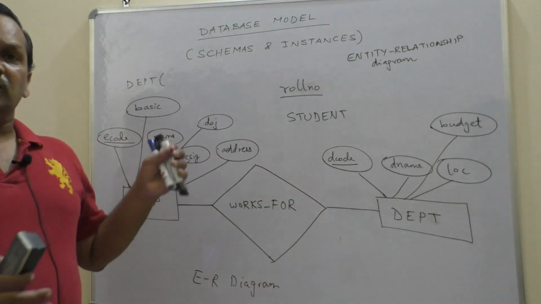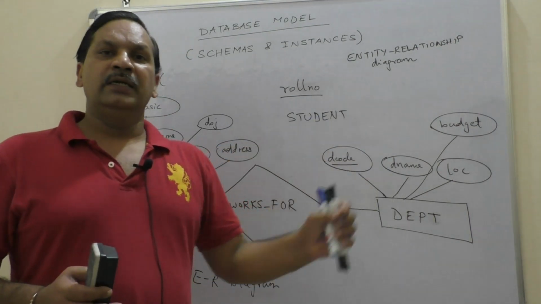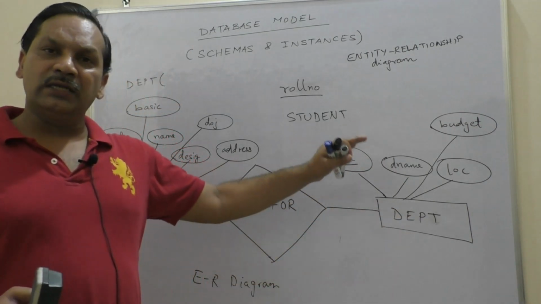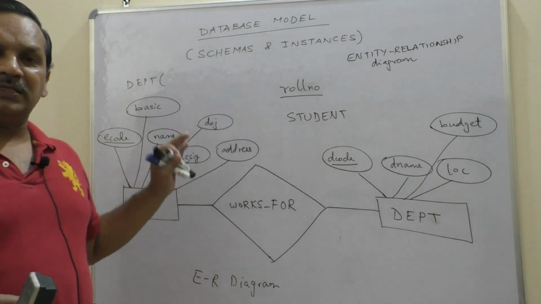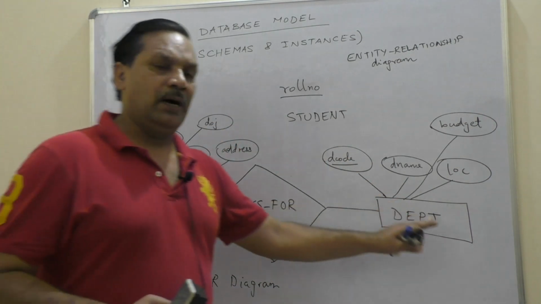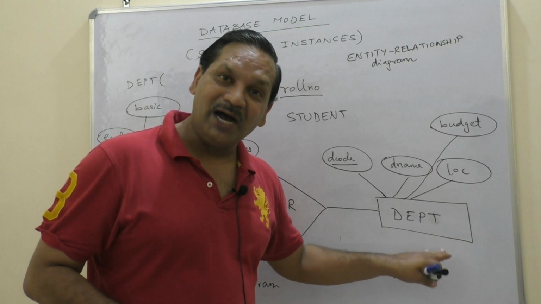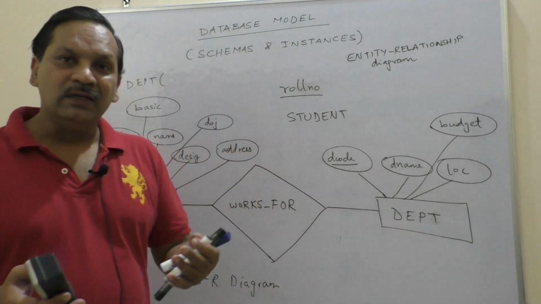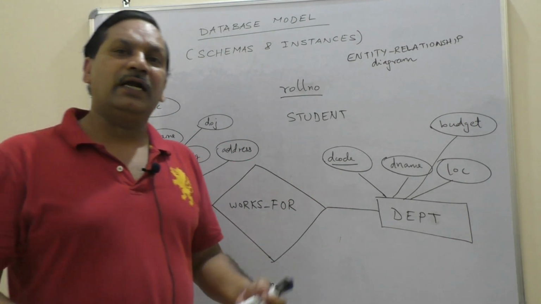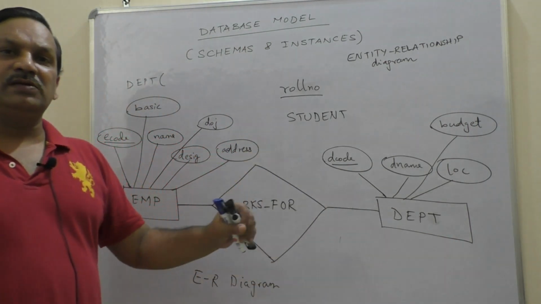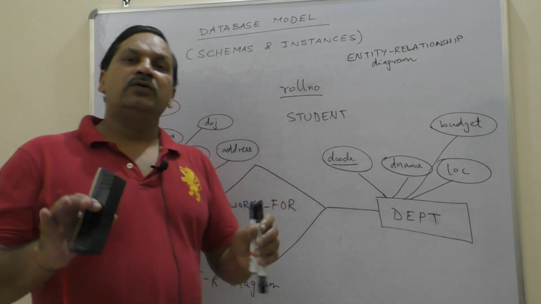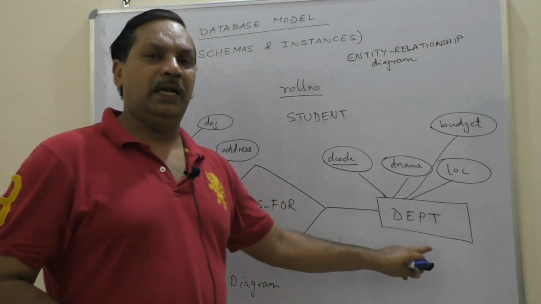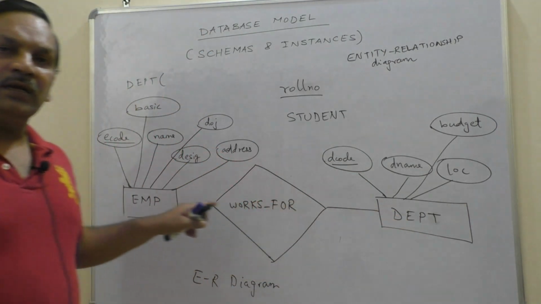So, one thing is very clear: a student enrolls in a department. Similarly, an employee works for a department. Are you getting it? So what is the master table or the parent table here? Department. Because unless the departments are defined, no employee will work. So, when you join a company, you are joined in some department of that company. So, the first table which will be created by the user using software, say Oracle or Sybase or DB2, will be what? The Department table. Clear? And then we'll create the other table.